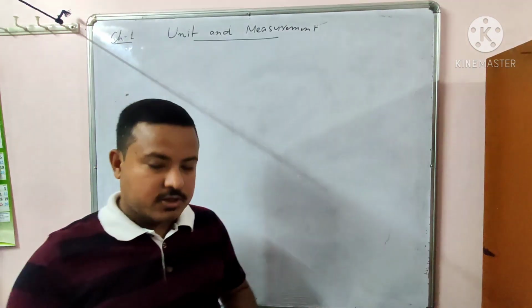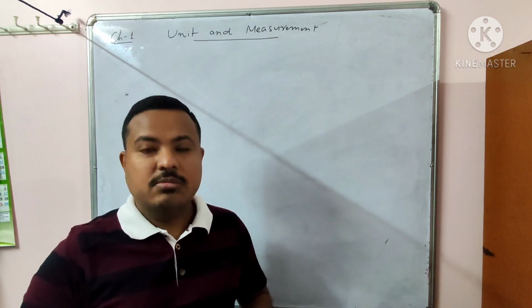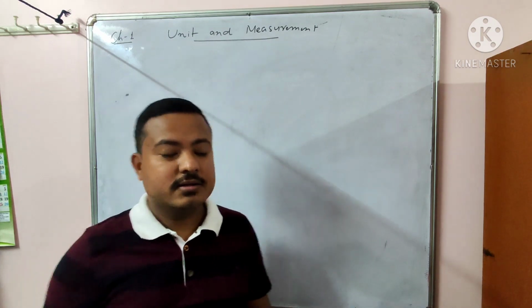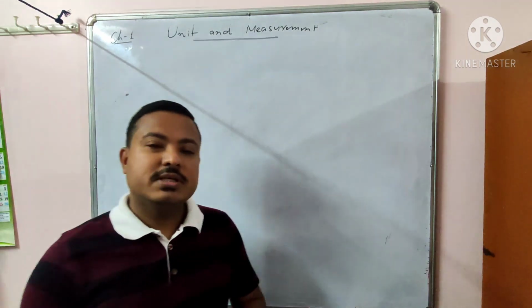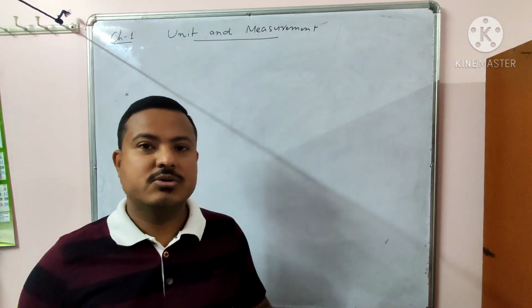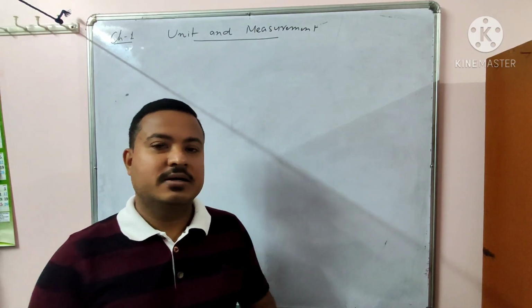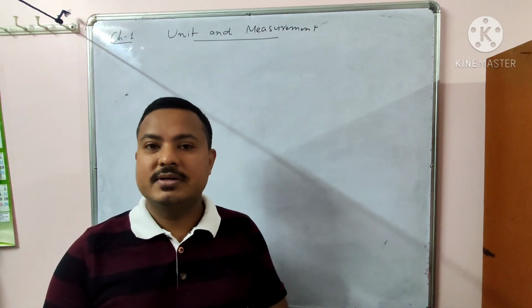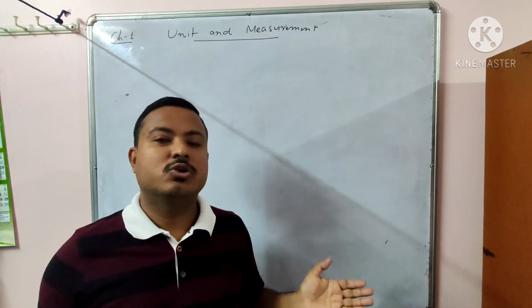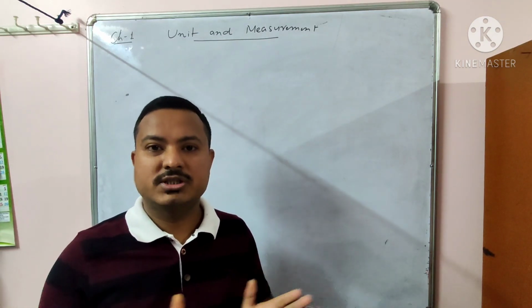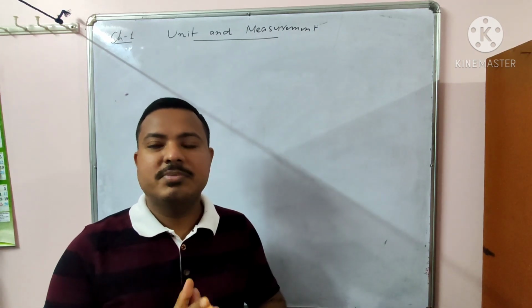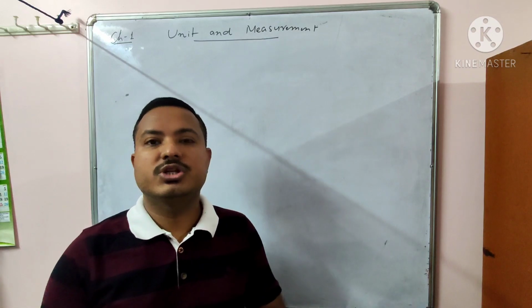Hello students, today I am going to explain some of the topics of the chapter Units and Measurement. Before starting, you see this chapter is very important for your NEET exam as well as your JEE Mains, because this is a very easy chapter. You can say it is a very small chapter. The topics are units, general portions, dimensions, and error analysis. From these three parts you may expect a minimum of 2 questions.